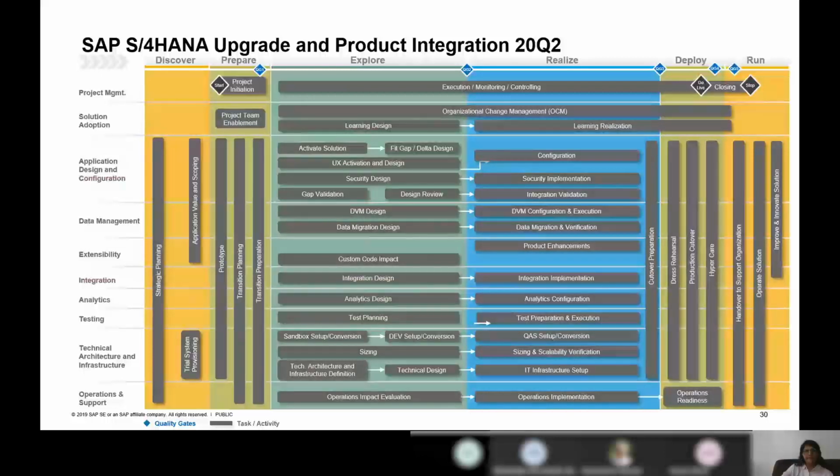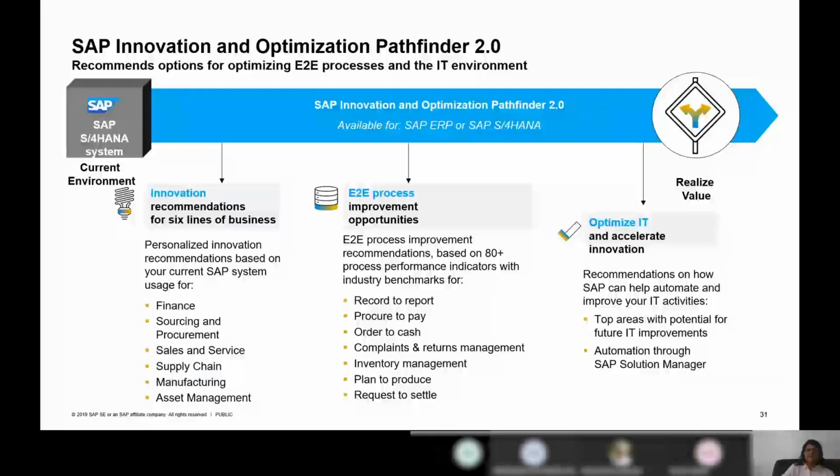So I would strongly suggest that all the customers download this accelerator, keep it handy, and pick and choose the relevant activities. And these activities again have micro activities which can be used for assigning roles and responsibilities to the person who will be executing those activities, right?